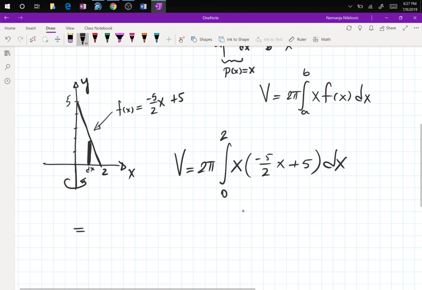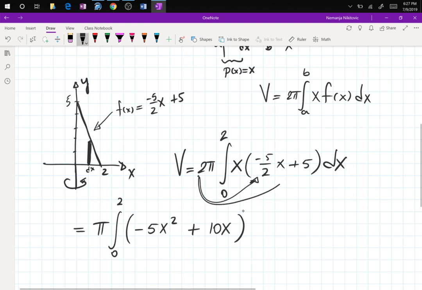So now just work your magic. What you can do is you can multiply this 2 inside to kill the fraction. That's a cool move. So pi 0 to 2, and now you have negative 5x squared, 2 and 2 canceled, and now you have plus 10x, guys, because the 2 distributes to both terms, right? I distributed 2 here and there. So 2 times 5 is 10, and then times this x here is 10x dx,